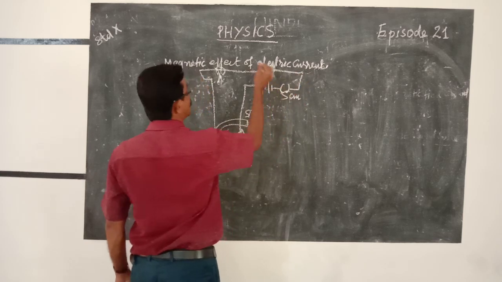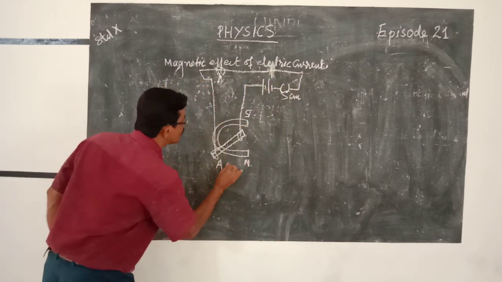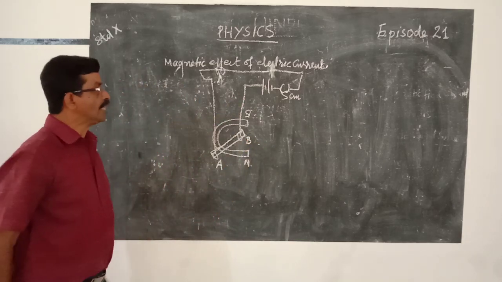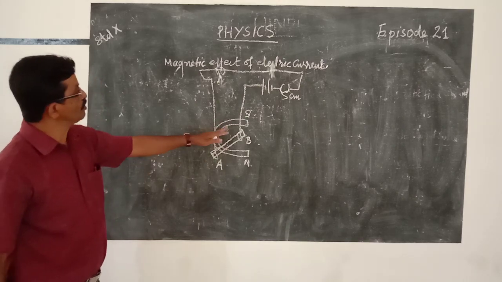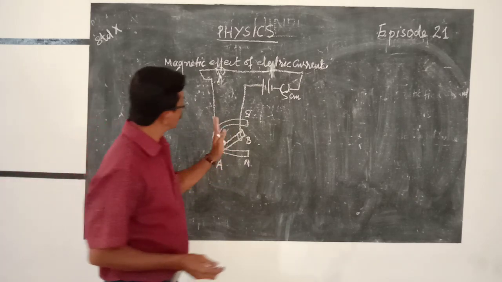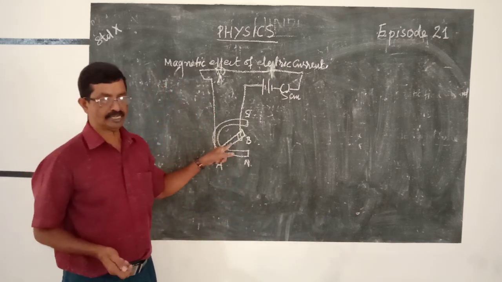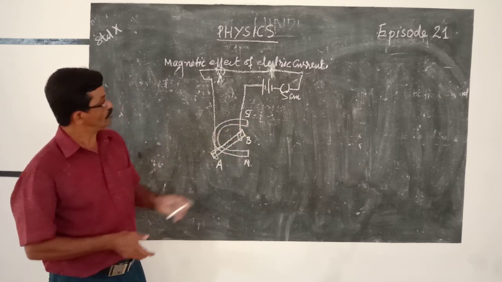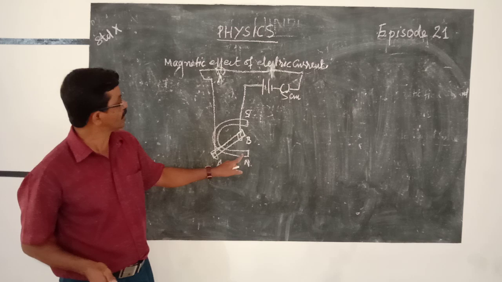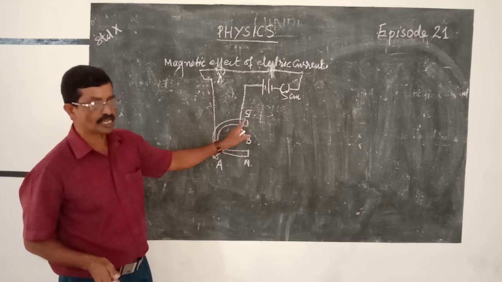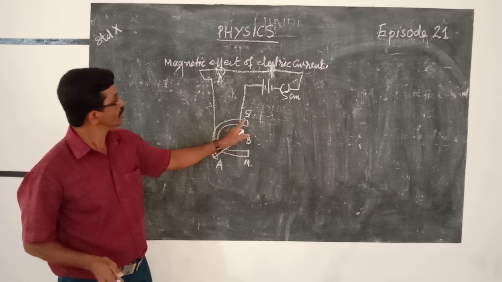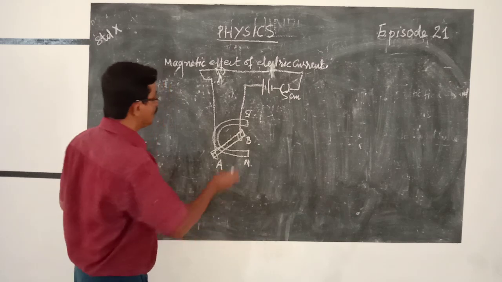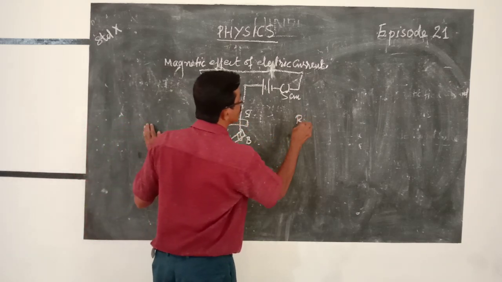Plug key, this one. This point is A, this is B. What happens to, let me say here, this conductor is in a magnetic field, within the poles of a horseshoe magnet, this is north and this one is south. Now see, when current passes through this one, what we observe, if the current is passing from B to A